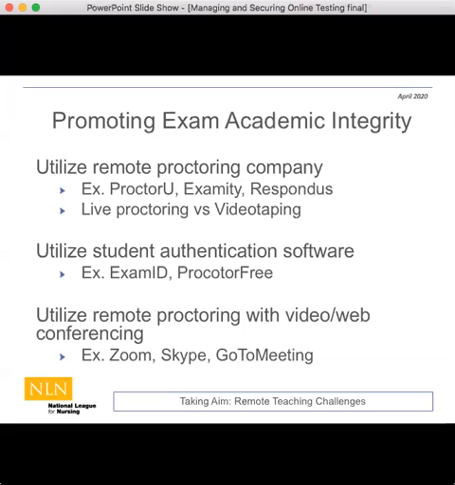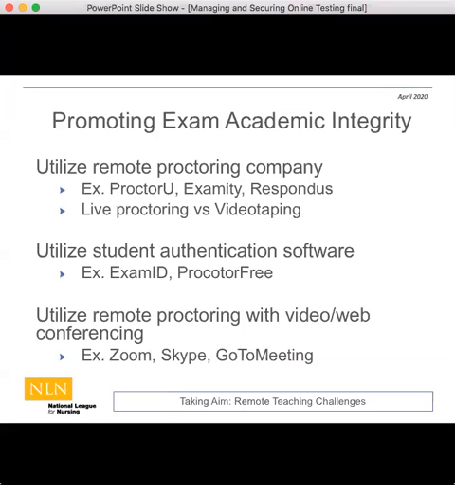The first one, we did purchase a student authentication software package as part of ExamSoft, which was called ExamID, but there are many of them, to, again, ensure that the student sitting in front of the exam was the actual student. And our exams are all scheduled at the same time. We have an exam testing time.